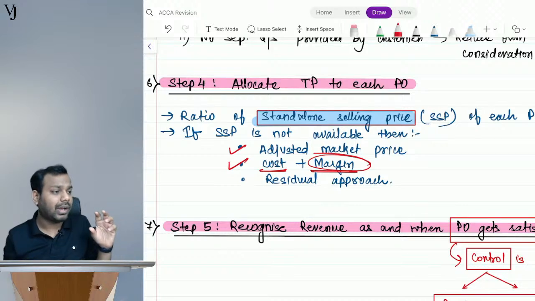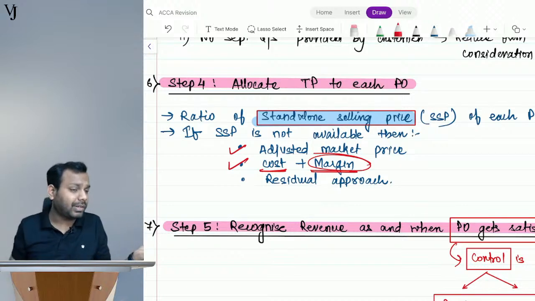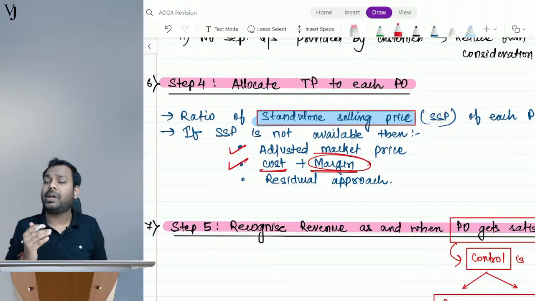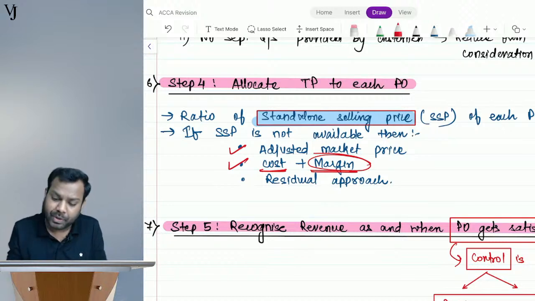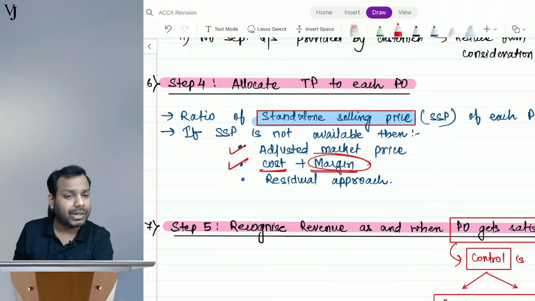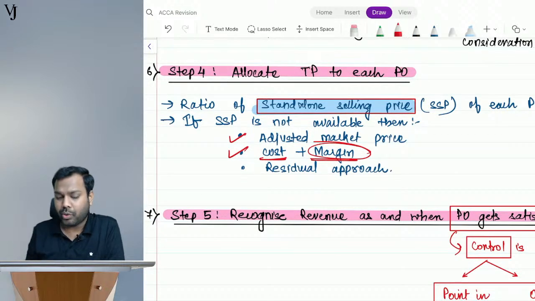Infosys might charge a negative margin to one of the customers and might charge 70% margin to some customer, and some other margin to other customers, right? This happens in our practice also, the chartered accountants practice. We might charge different margins to different customers depending upon the nature of the clients, right? So in this case, if I don't know the margin rate, I will take a residual approach.